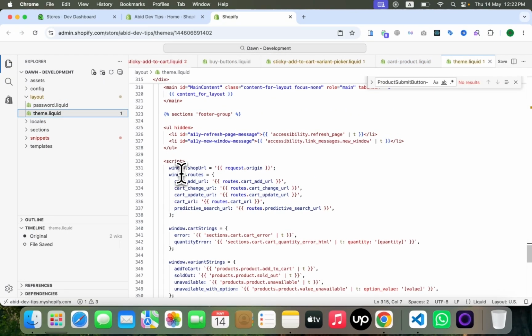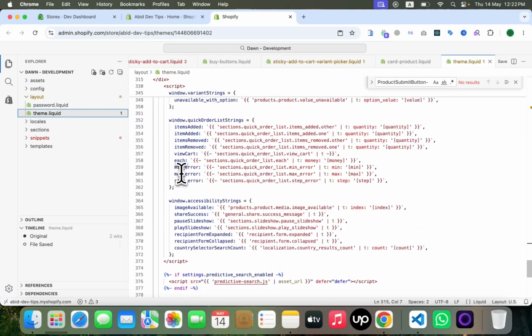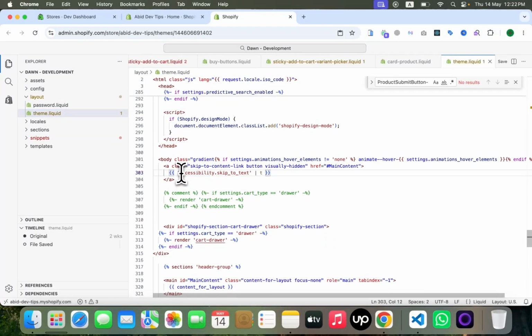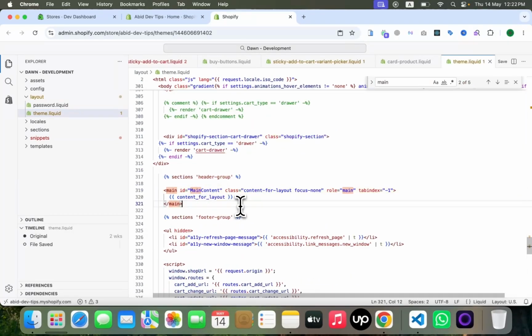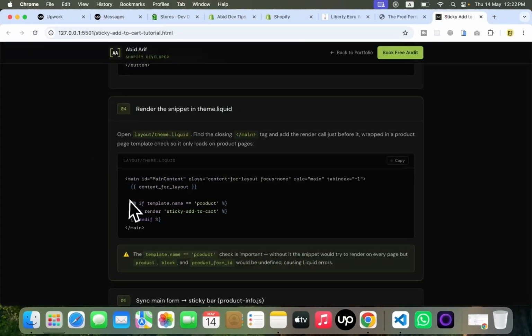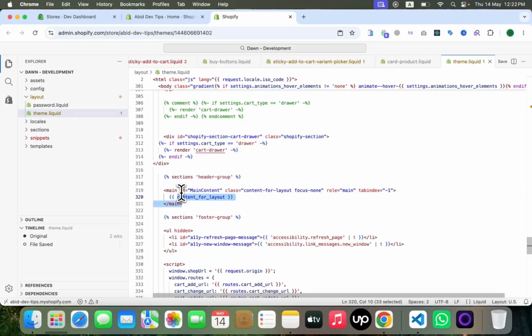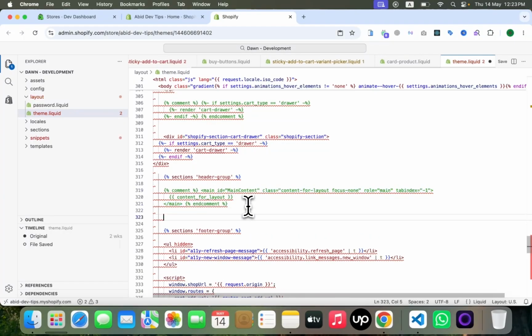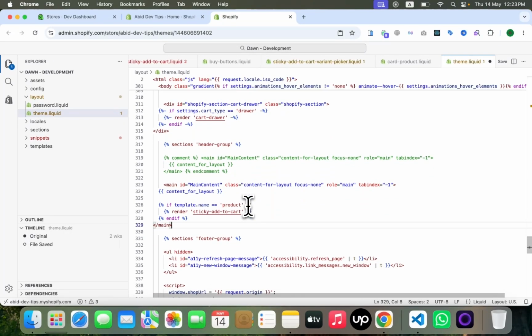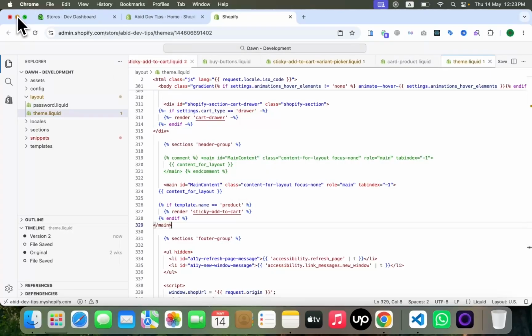Click here and search main. This is the main code. Copy this. You can comment and paste this one. Save here.